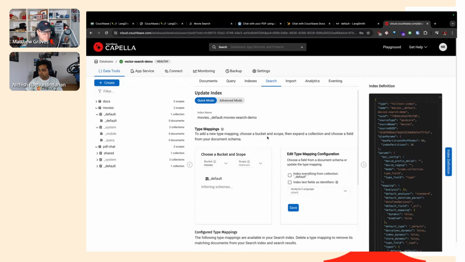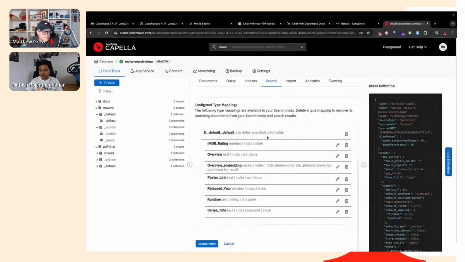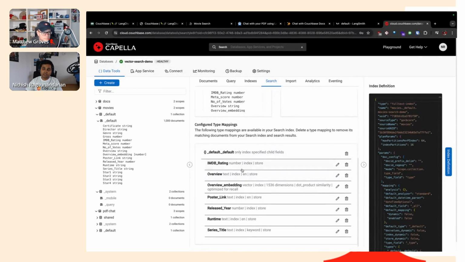I'm indexing the IMDb rating, overview, and overview embedding. Here you can see it's a vector field, and I'm using the similarity as dot product, and a few more things that I just use to show in the front end.